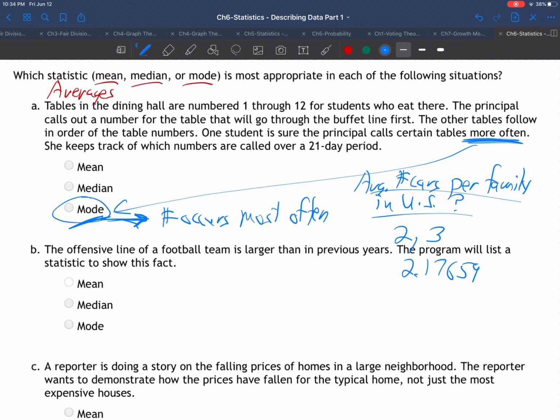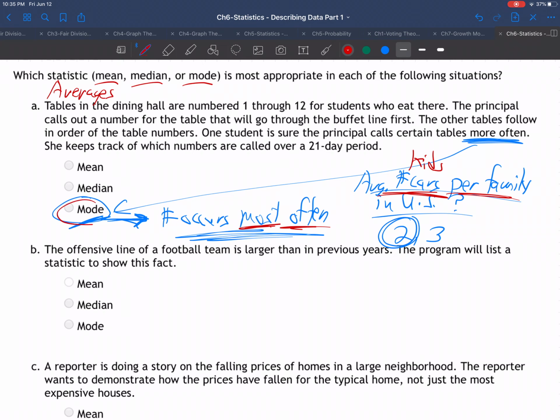We mean what's the number of cars most commonly had by families in the United States? Maybe 2 cars or maybe 3. What's the most common number? What's the number that occurs the most often? That'd be the right kind of average for a question like number of cars or number of kids or the average shoe size, right? What men's shoe size is used most often? Is it 9 or 10, 8, whatever? So that's a kind of average called mode. All right, so the next one.